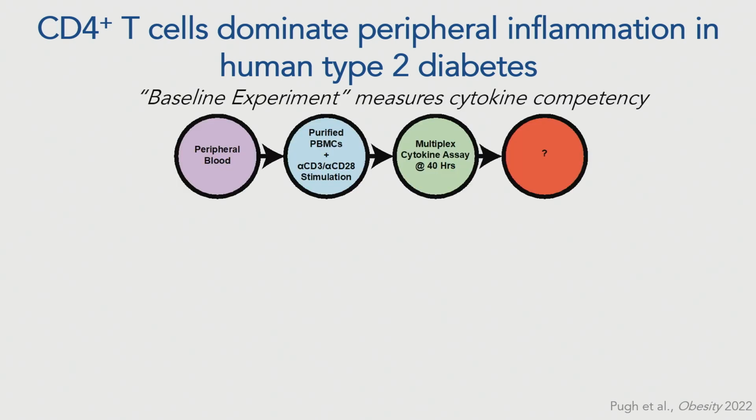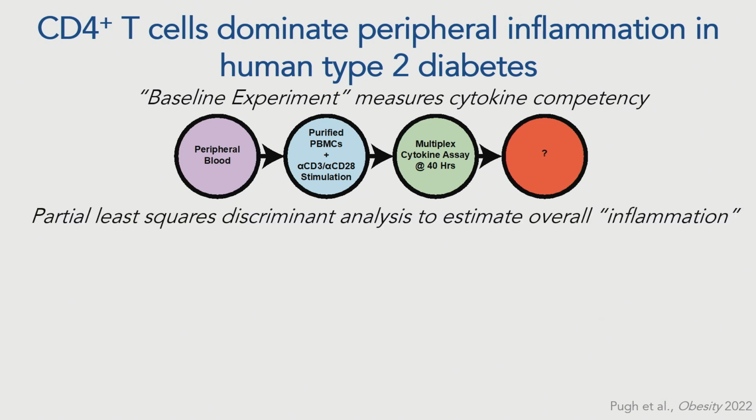So the way that we look at this in our in vitro analysis is what I call a baseline experiment, where we measure something called cytokine competency. This doesn't tell you necessarily what the cells are doing inside the people, because that is not really possible to do, but it tells you what the cells are able to do ex vivo. So we take purified peripheral blood mononuclear cells, or PBMCs, or alternatively, we'll use CD4s for some studies. We pan-stimulate them through the T cell receptor, or in the PBMC studies, we'll also use LPS to activate primarily the myeloid cells. And then we measure a bevy of cytokines after about 24 to 48 hours